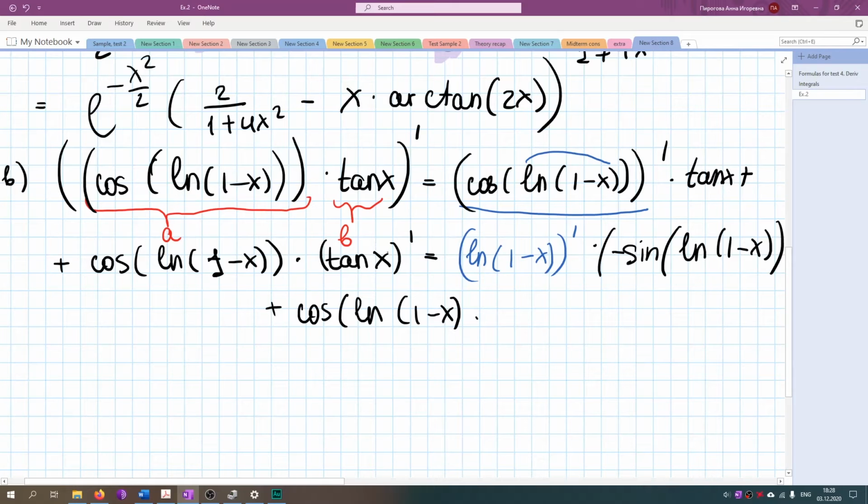And in our case, the argument is simple, it is just x. That is why we don't need to multiply by the derivative, because if we do, we'll just get 1. So no need to do this. And we write it like 1 divided by cosine squared x. So after simplifying, we will get